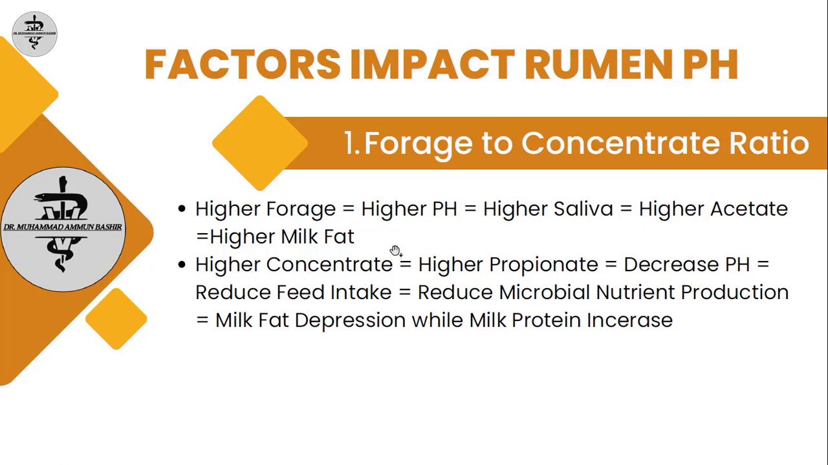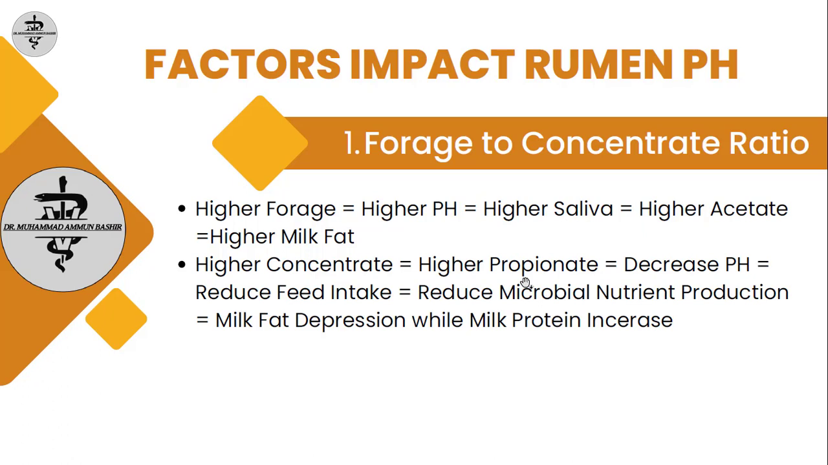We already discussed the thumb rule. If we feed more forage to the cow, there will be more acetate production, there will be more fat. But if we feed more concentrate to the cow, there will be more propionate production, then there will be more milk production. Likewise, if we feed the concentrate beyond the higher limit to the cow, there will be a